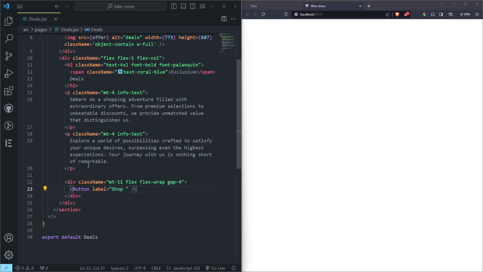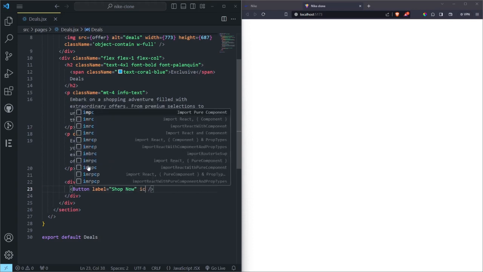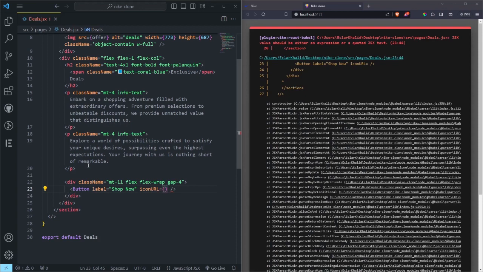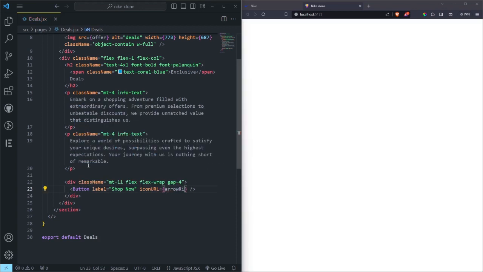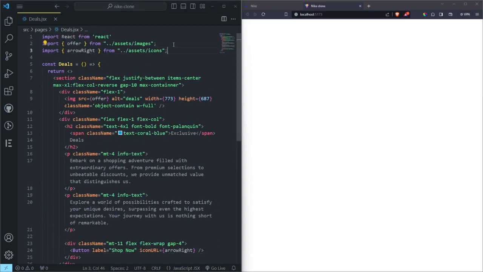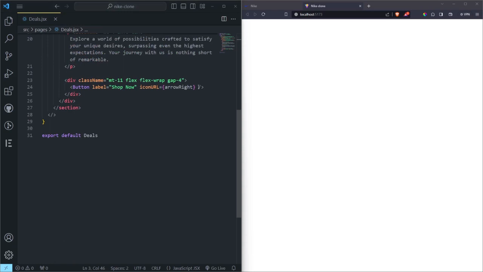Let's do shop now, like that. And then we can do an icon URL. Is going to be arrow right. So let's do arrow right, and then you're supposed to actually import this arrow, and it's coming from our images icons, so import it there. And then below this button we can do, let me refresh,